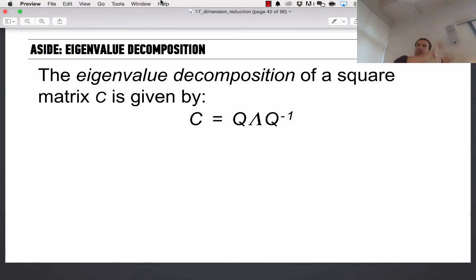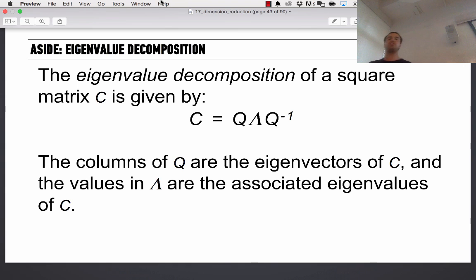Again, I'm not going to touch upon the math too hard, but I am going to mention it. It's done in the following way. The eigenvalue decomposition of C, that covariance matrix, is shown by multiplying three matrices together: Q times lambda, which if you remember from linear algebra is the Greek letter we generally use for eigenvalues, times the inverse of Q. So really it's only two matrices because one of them is the inverse of the other.